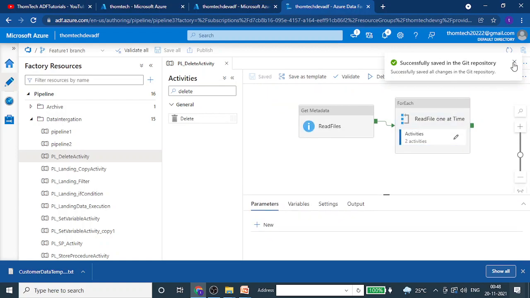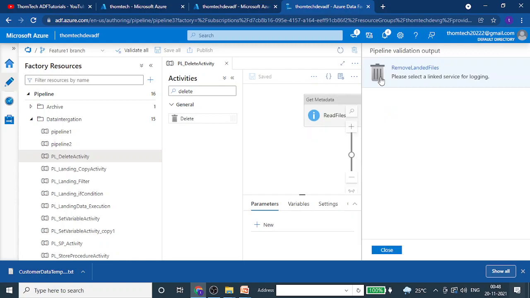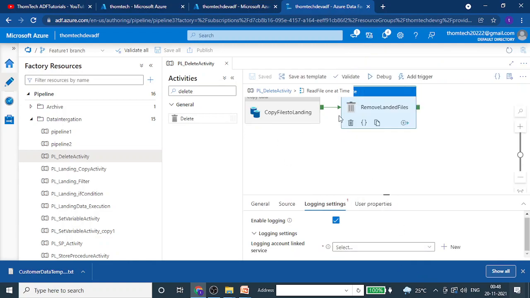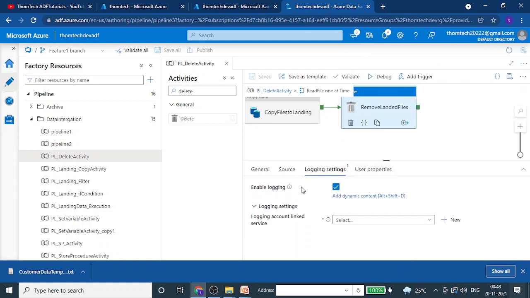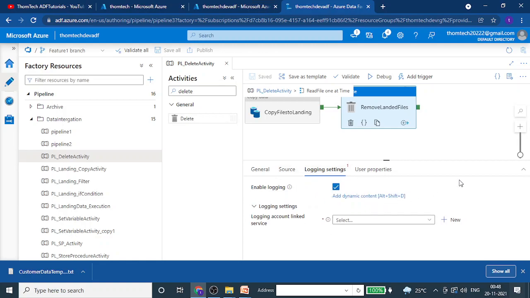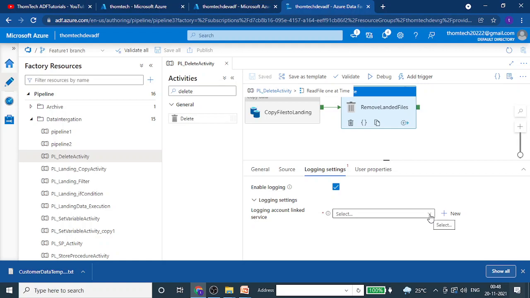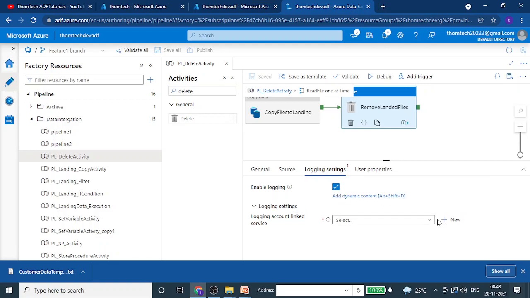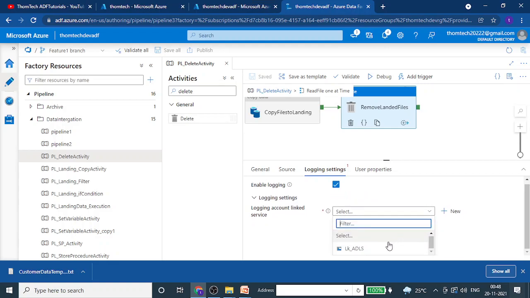Let's close this and let's run this and see if we have any issues. Okay, cool. So landed files, we have some issues in the delete activity. Let's click on that. It will take you to the properties of the delete activity. Over here there is an option in the third tab, logging properties. By default it will be selected and it will ask for the logging storage account. Whatever deletes you are doing, it will keep a log of the actions done for the delete. For that purpose by default it will select enable logging, and from here we can go and pass a linked service.